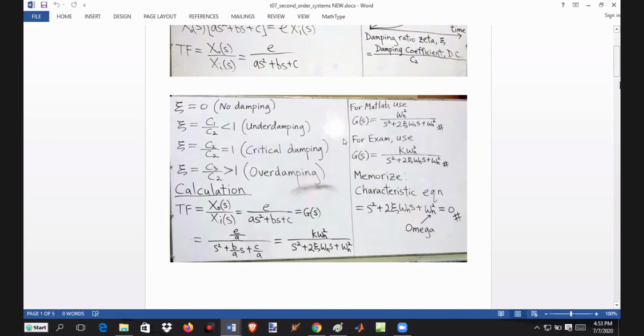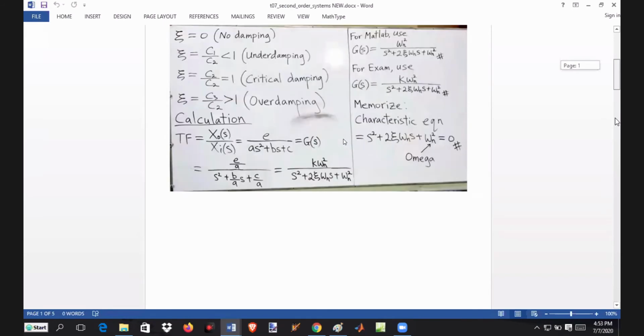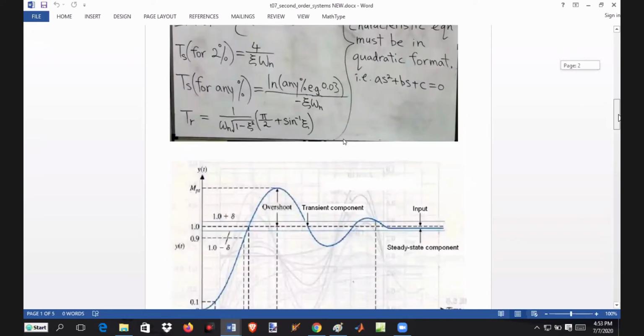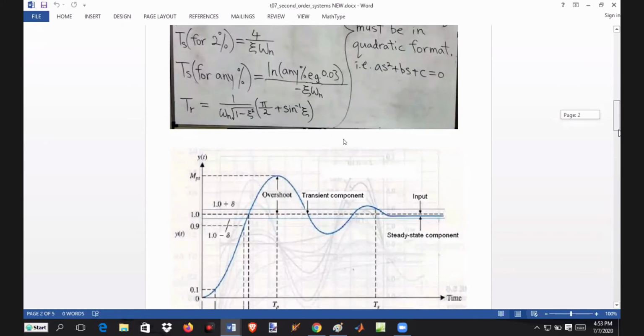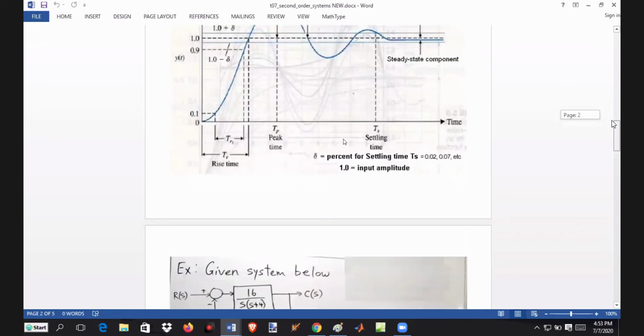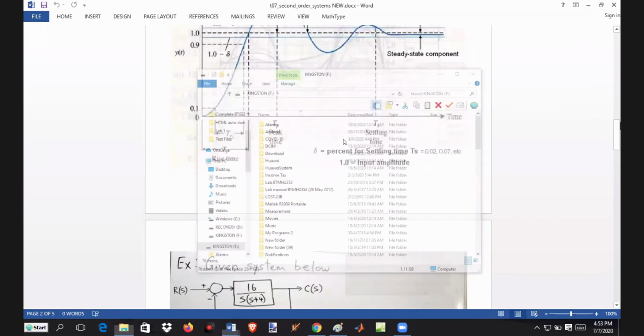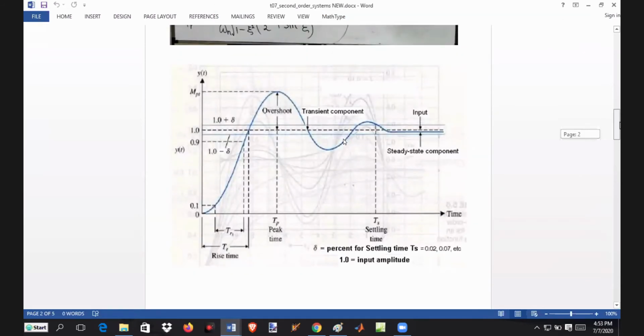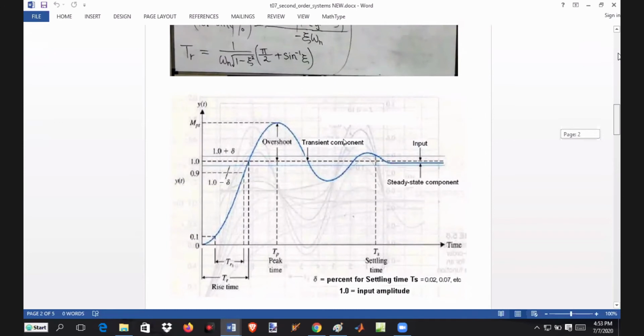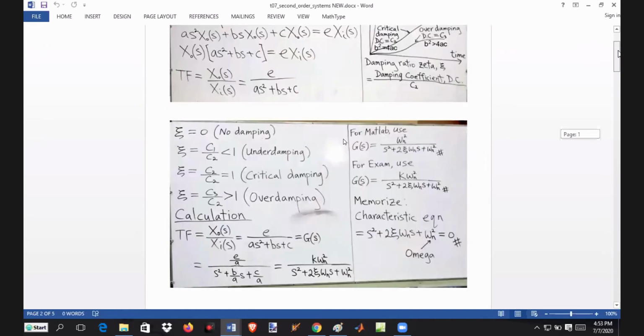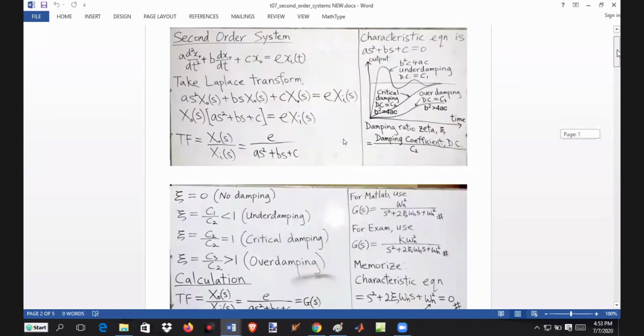Now the calculation is like this. All this formula is based on what? Based on this kind of curve. This kind of curve is, just how I say, underdamping, is it? Yeah. All the calculation for the second order system is based on